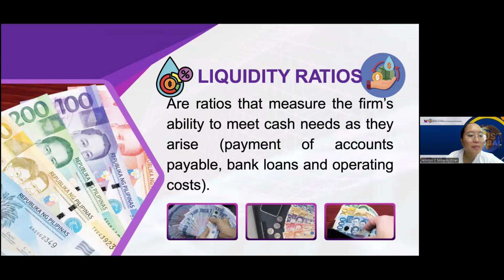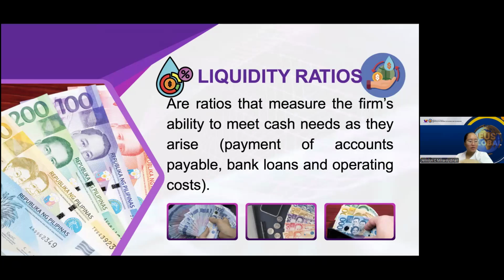For example, the company calculates its current ratio. Current assets, $60,000. Current liabilities, $30,000. Current ratio is equal to $60,000 divided by $30,000. That is equal to 2. This means the company has $2 in assets for every $1 in liabilities, indicating it can comfortably meet its short-term